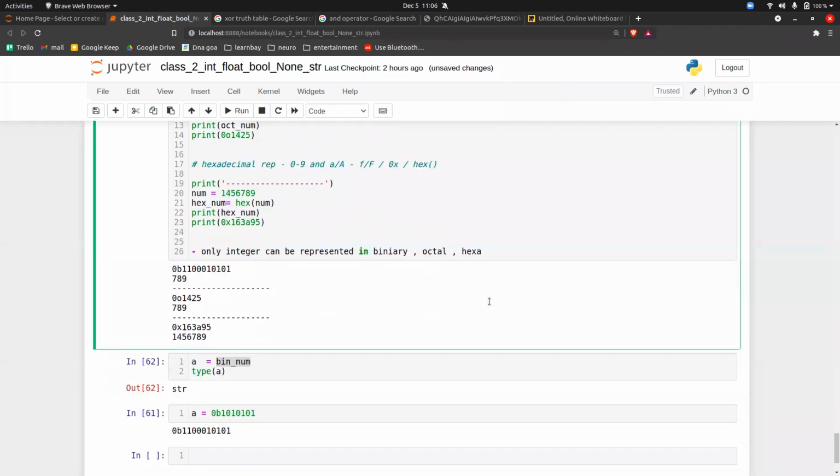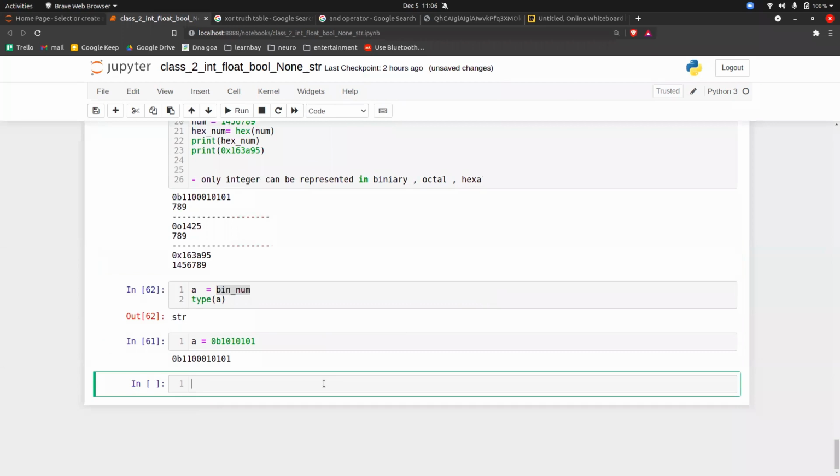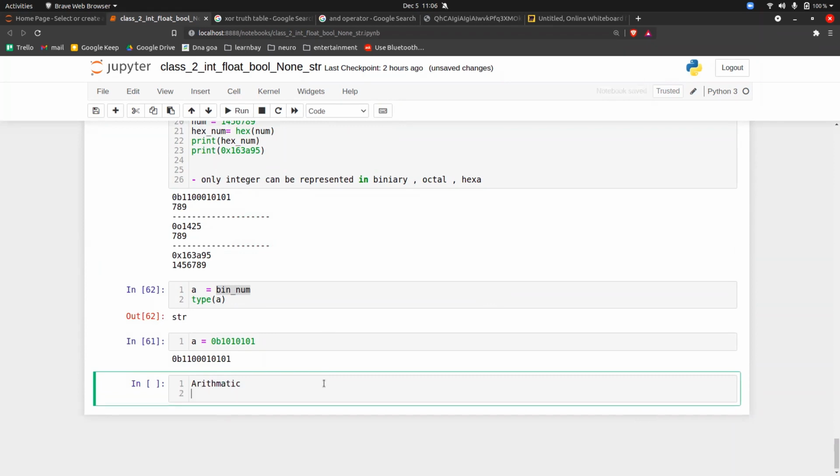Let me write it. If you want anything to revise, just let me know. The first thing that we talked about was arithmetic operations. Then we talked about comparison operators.